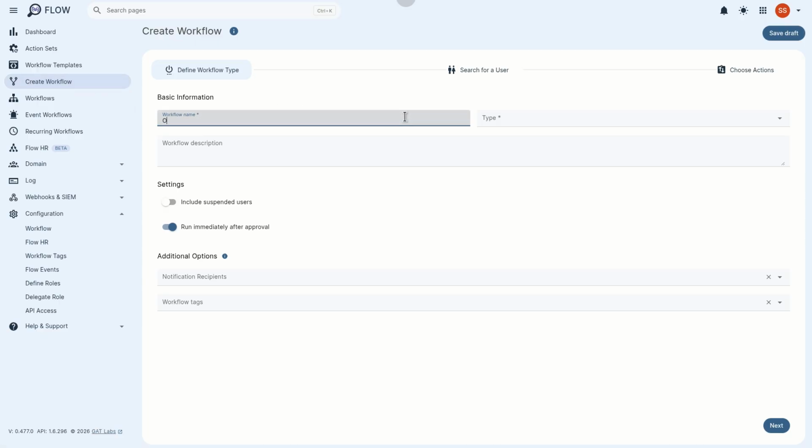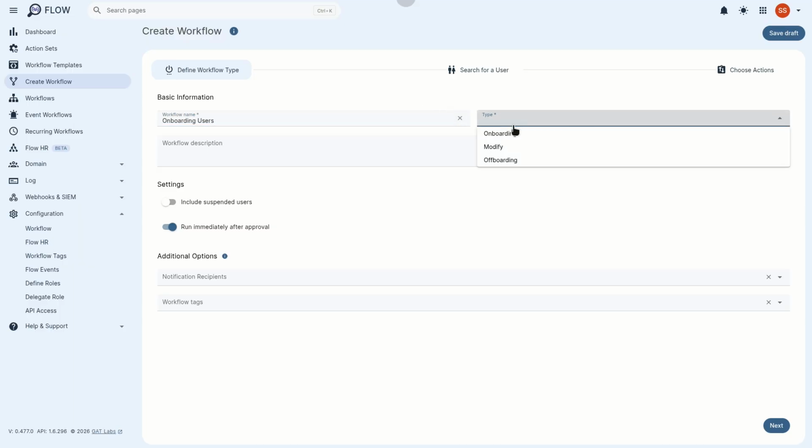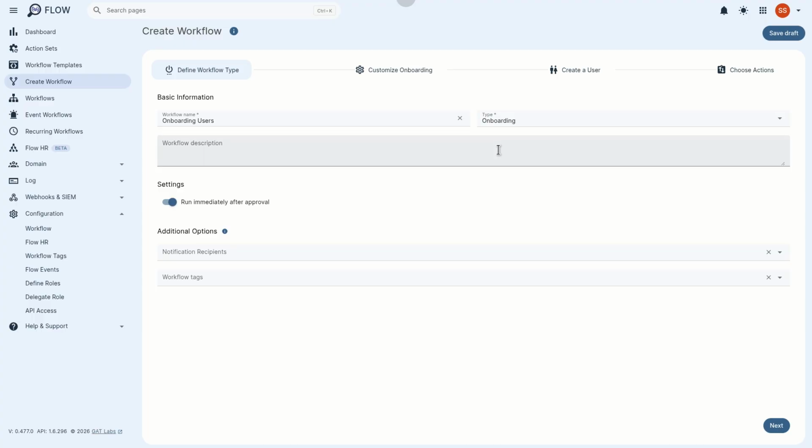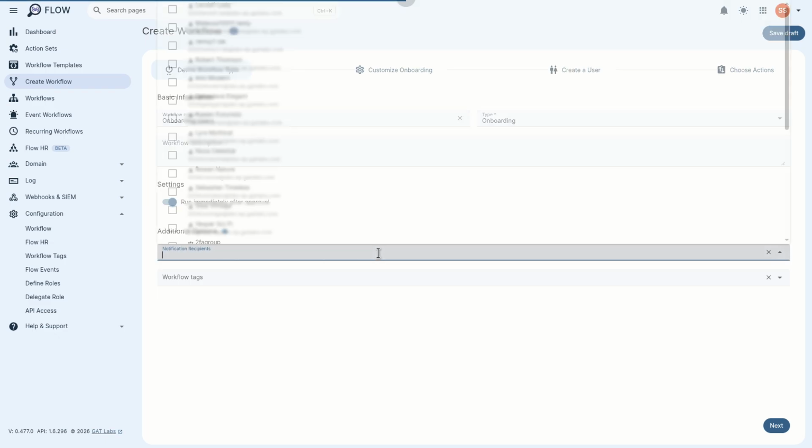In this case, I'll type Onboarding Users. For the type, I'll choose Onboarding. You can also choose to add a description. You can then decide to have the workflow run immediately after approval or have it scheduled to run at a specific time. If you need to notify any members of your organization, you can do so by adding them as